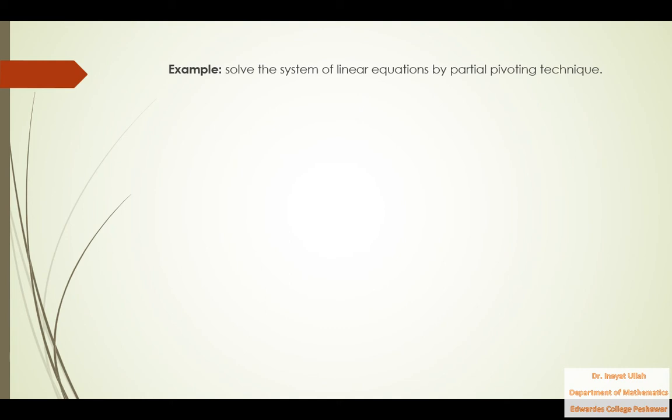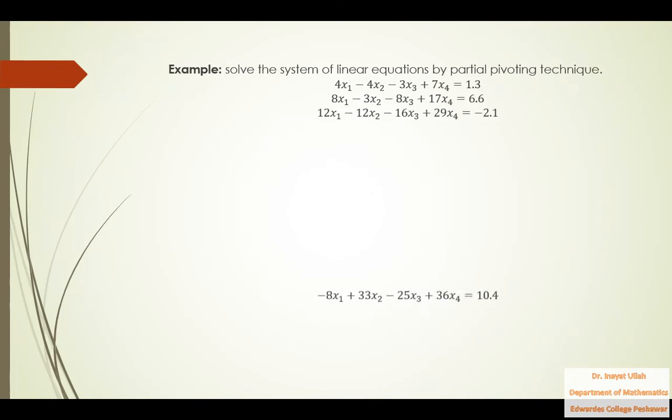Students, in the previous lecture we studied elementary row operations and the partial pivoting scheme. In this lecture we will take an example to solve a system of linear equations by the partial pivoting technique. So let's see, that is the first equation containing four unknowns x1, x2, x3 and x4. That is the second, third and fourth. These four equations along with four unknowns are given, and we are going to solve this system by partial pivoting